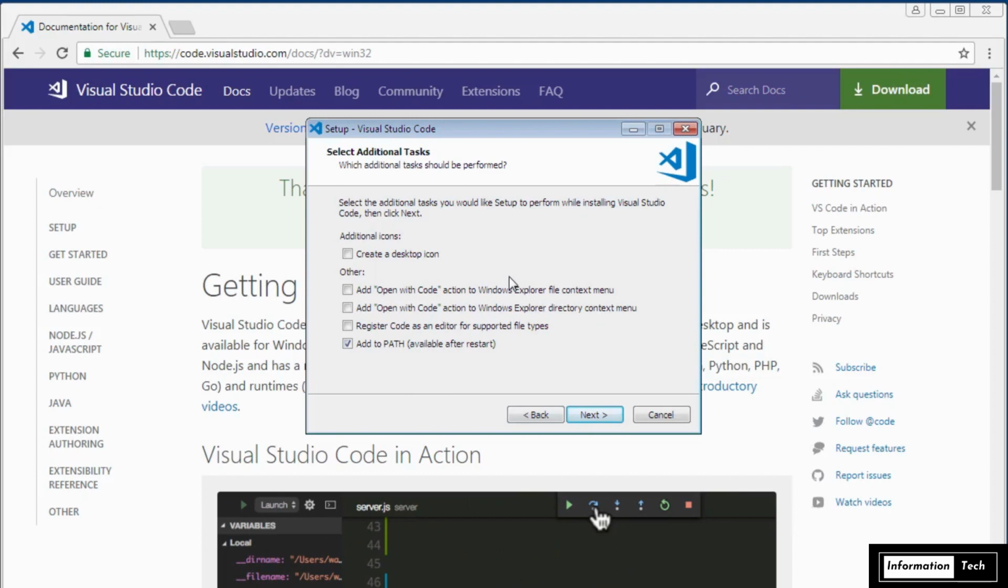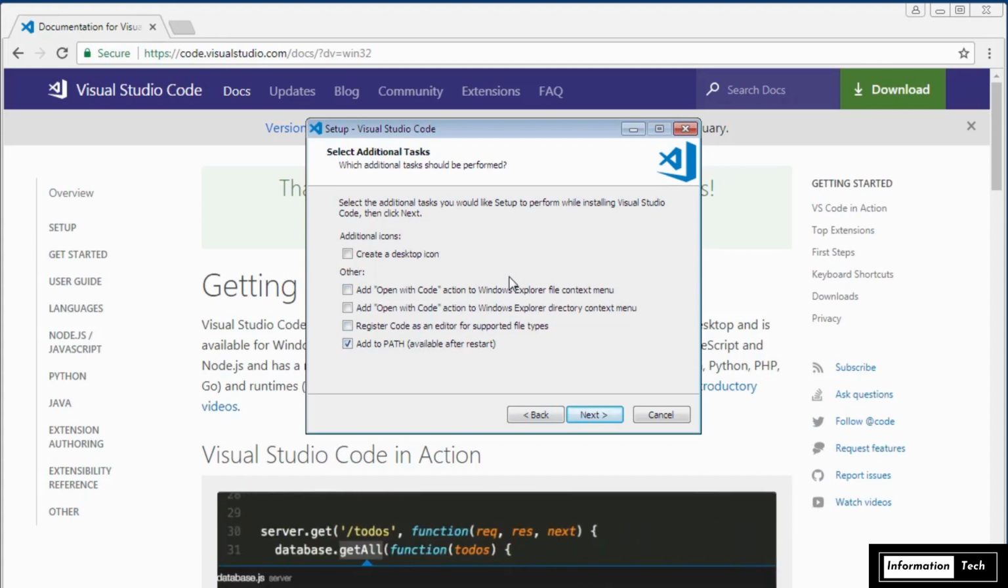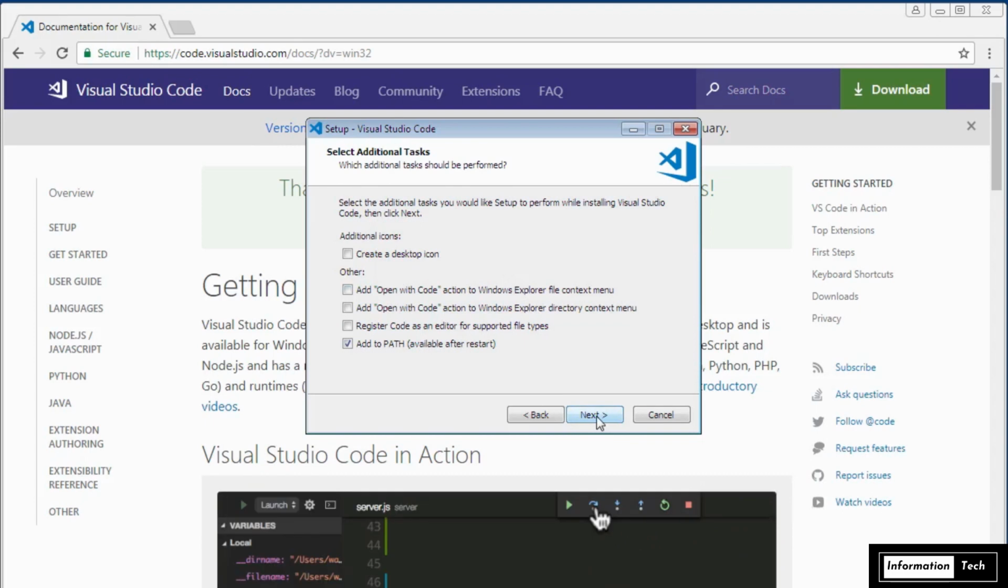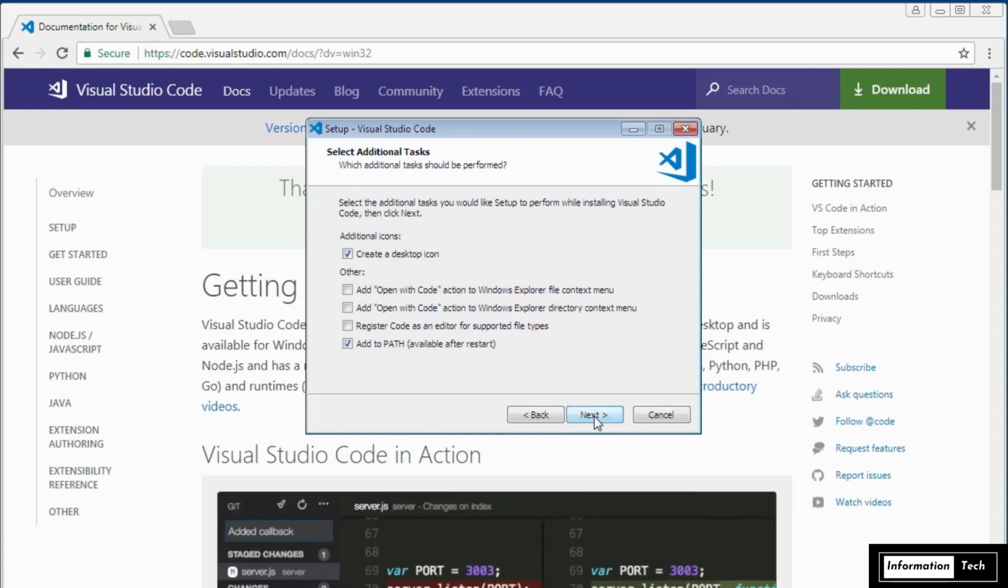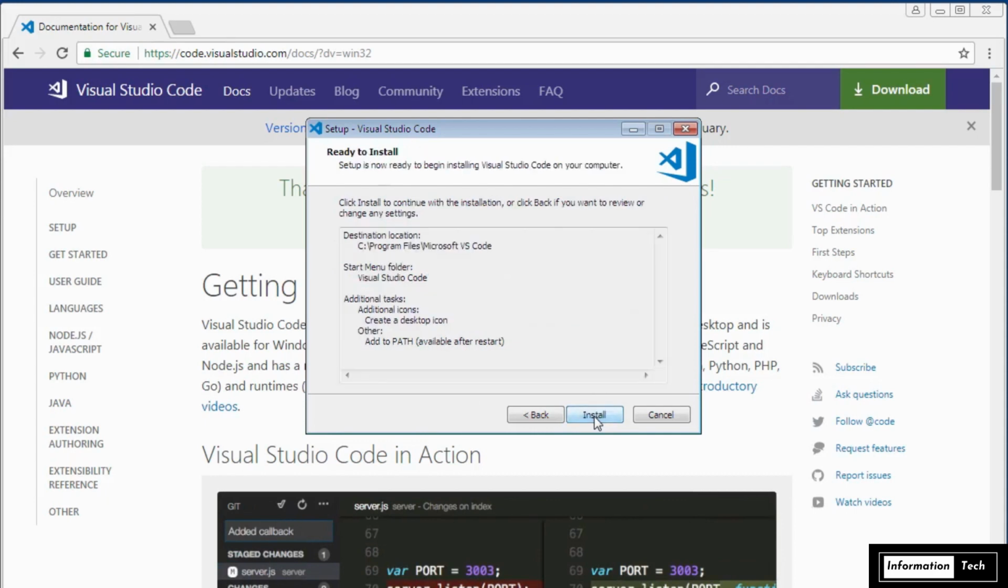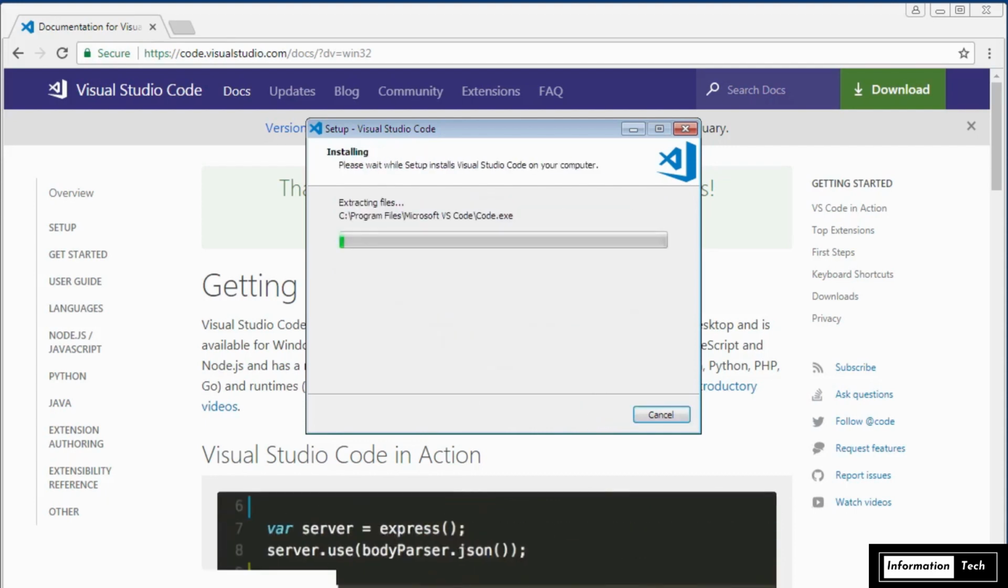Add to path, available after restart. So you can leave that on if you wish to do so. You can also create a desktop icon if you want to do that. If you leave add to path checked, that means after you restart, it becomes available. If you want to create a desktop icon, you can click on that. I'm going to click on that. I want a desktop icon, and I'm just going to click next and click install and wait for it